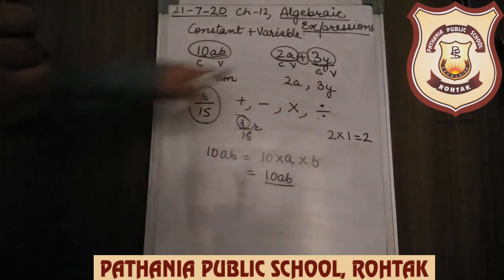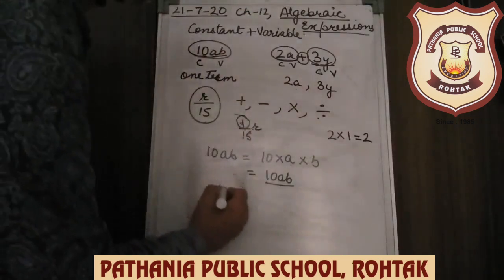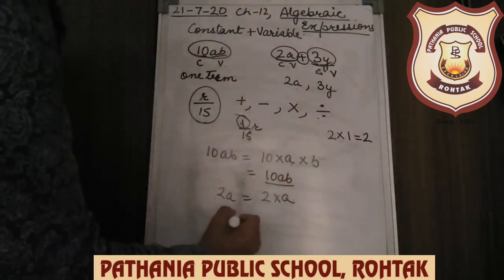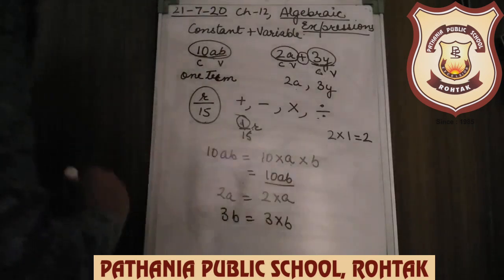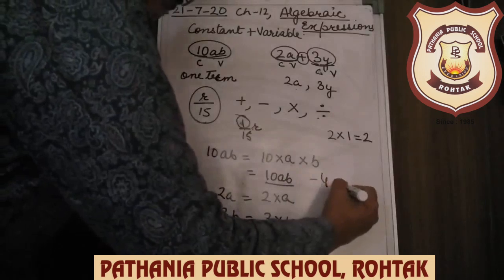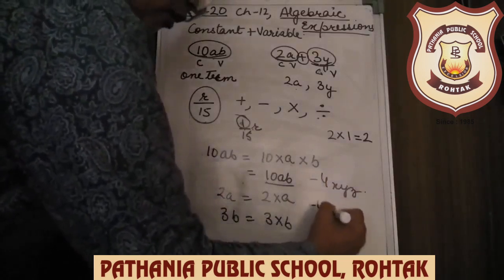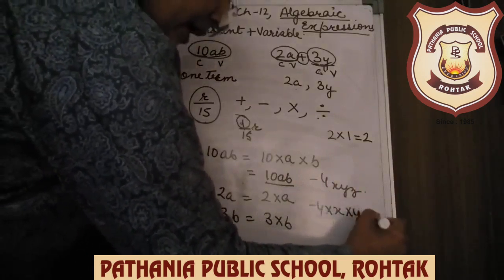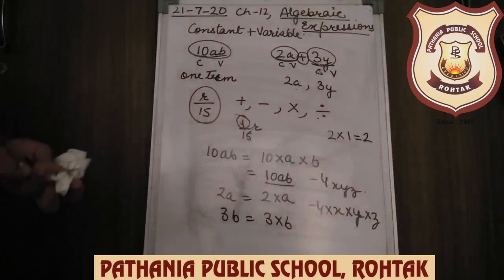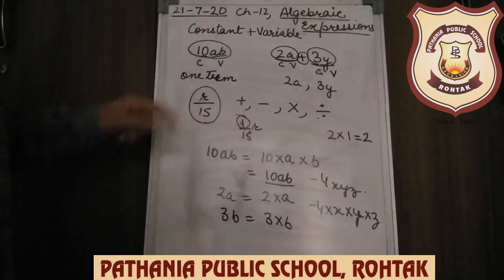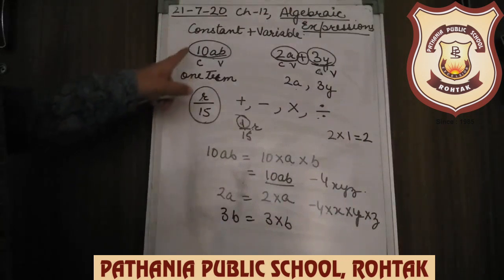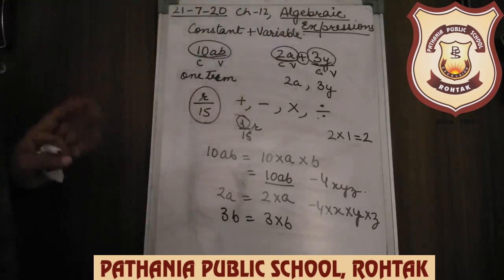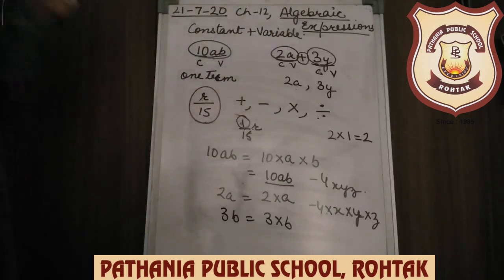The meaning here: 2a is one term, so 2 multiplied by a. 3b means 3 multiplied by b. The term can be minus 4xyz. So minus 4, now this is an integer, multiplied by x multiplied by y multiplied by z. Is this clear? Now if you are clear with these terms, an expression can be of one term or of many terms, which I'll explain what we call them. But before that, understand the basic things.